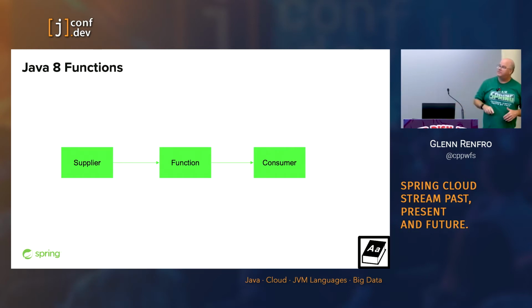The first thing to remember is, when we look at the source again, we're going to use the supplier, okay? The supplier is a Java 8 function that says, look, I do not have any input parameters. I only return values. And we're going to show you in a second an HTTP source that's just going to monitor port 8080, and I'm going to be popping data to it, and it's going to be receiving that data, and then Spring Cloud Stream is going to hook that into